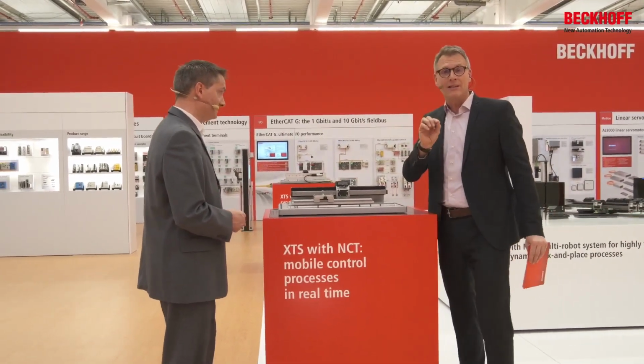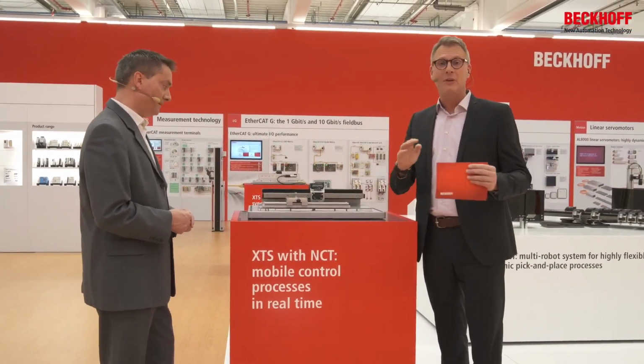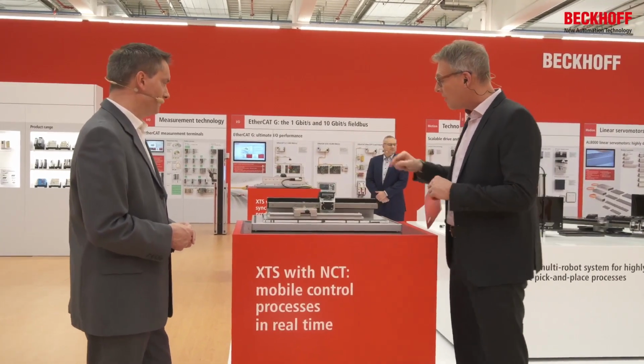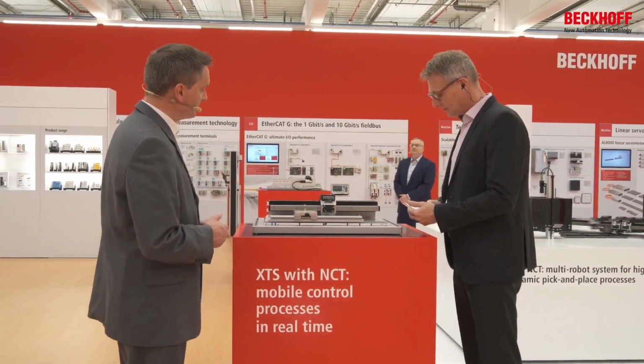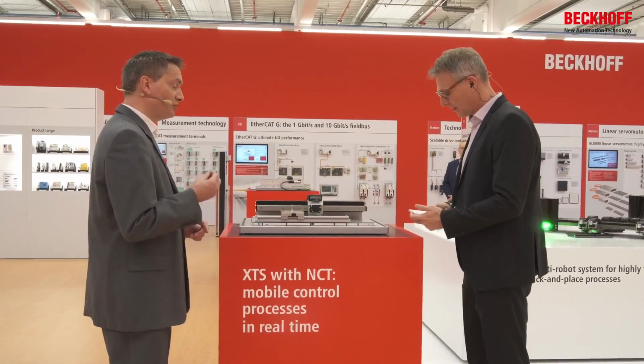Make this clear, ladies and gentlemen, this is exactly the same module all the time. We don't have specific modules or movers for different applications. It's always the same unit. But now, what do we integrate here? Yeah, we show here another use case of this new technology, really a controlled loop